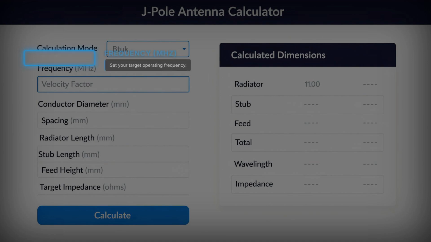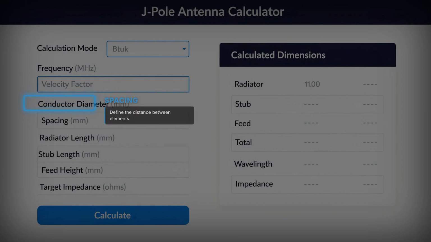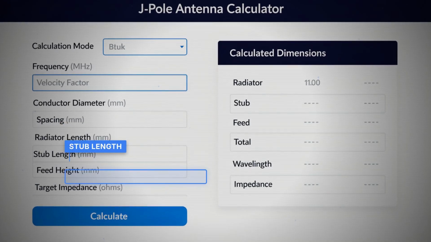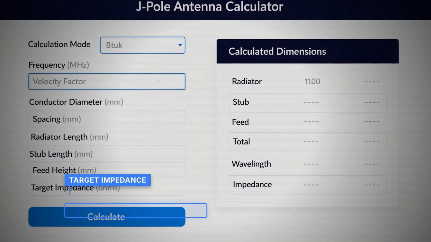Next, enter your frequency in megahertz, then the velocity factor between 0.6 and 1.0, followed by conductor diameter and conductor spacing in millimeters. You'll also input the radiator length, stub length, and feed height from bottom in millimeters, plus your